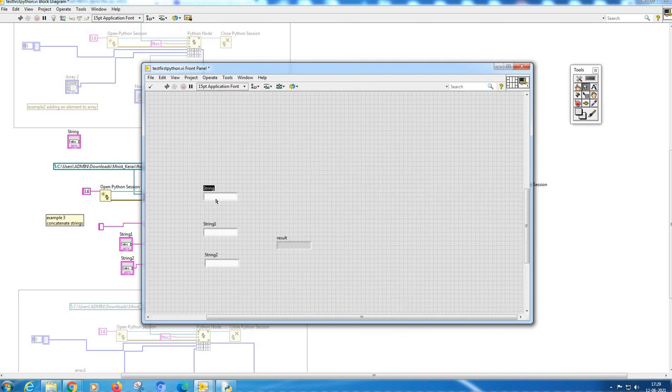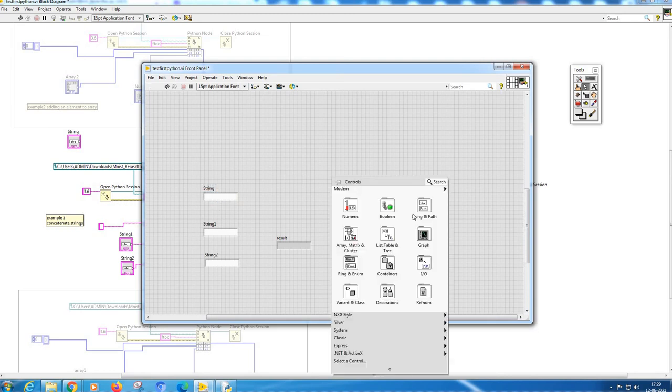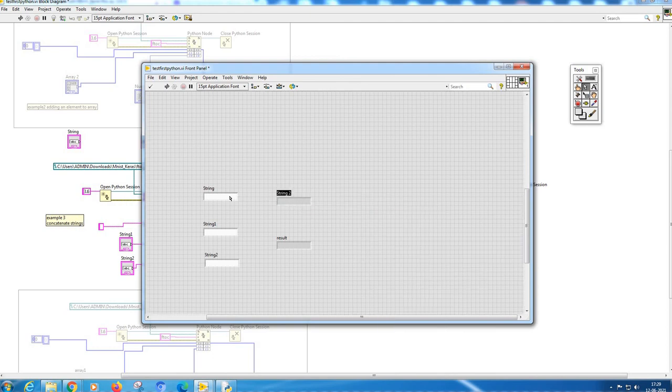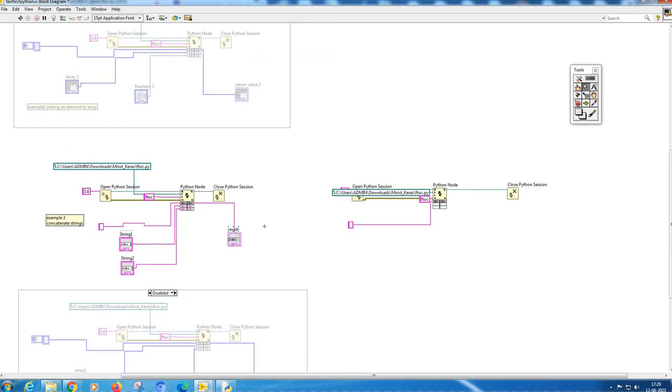This is what you are creating. See, this is string 1. Indicator, how do you create it? Here, this is the one you can do. I have already created the same thing, so why create it again? So like that you can give string 1 and string 2.